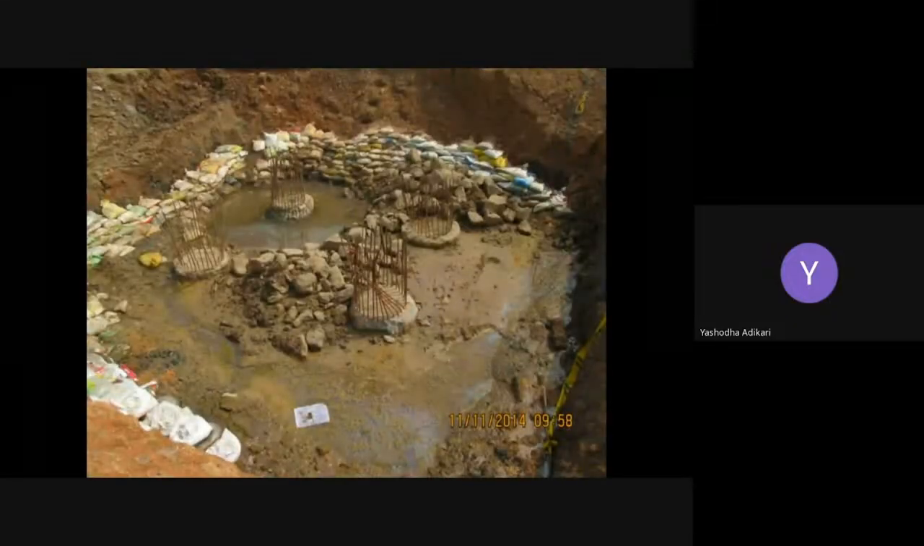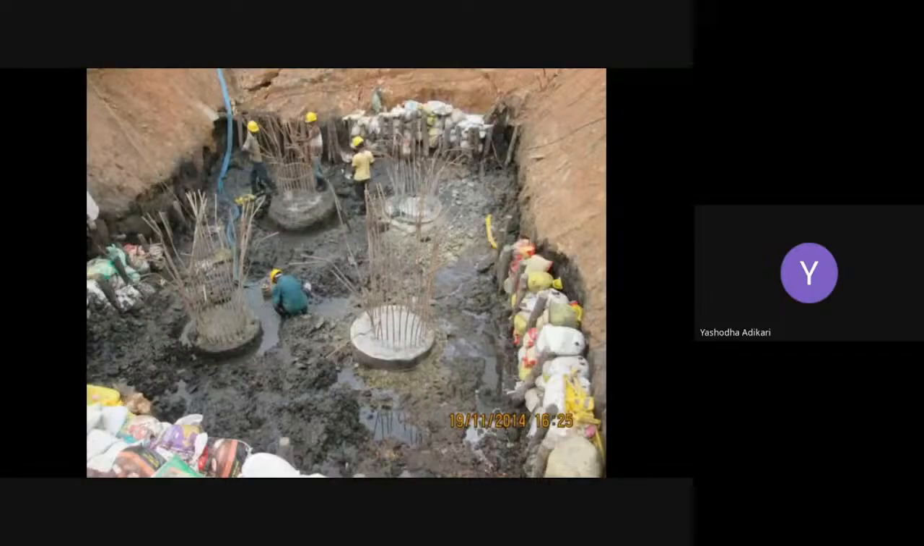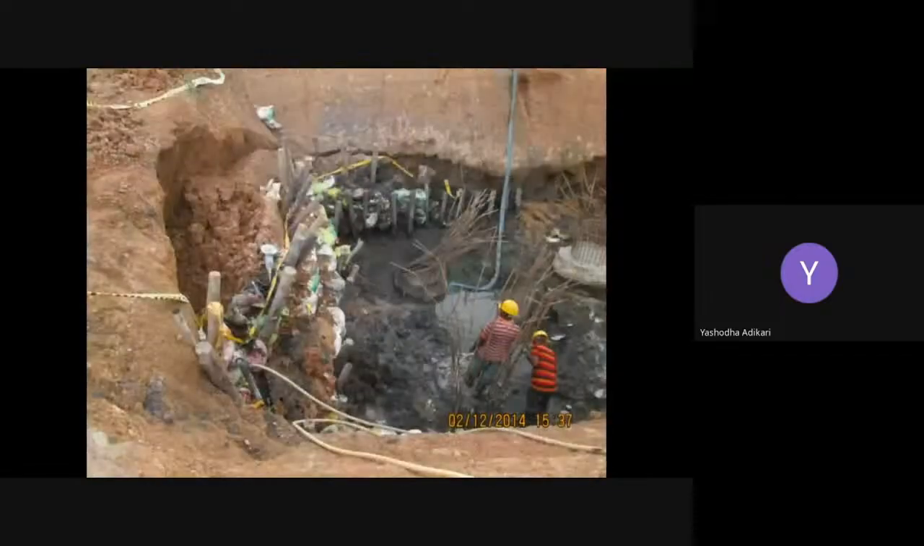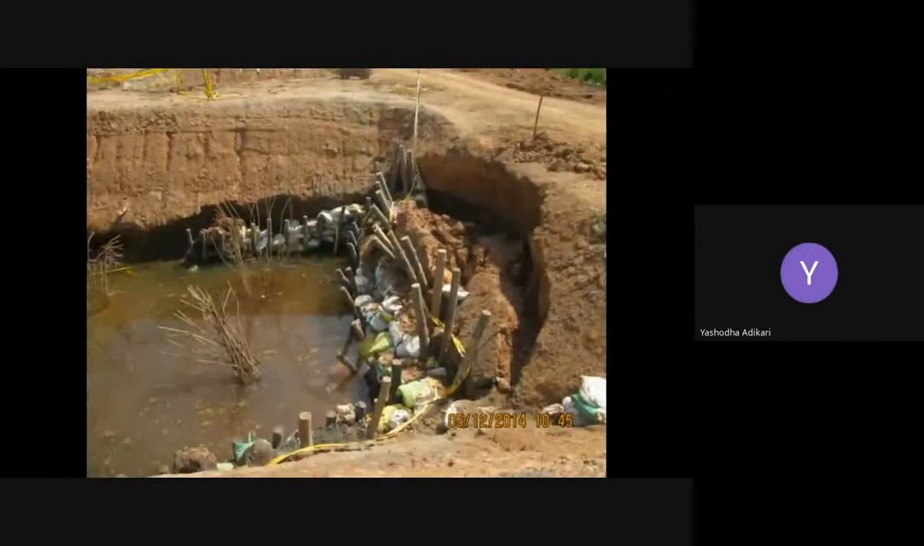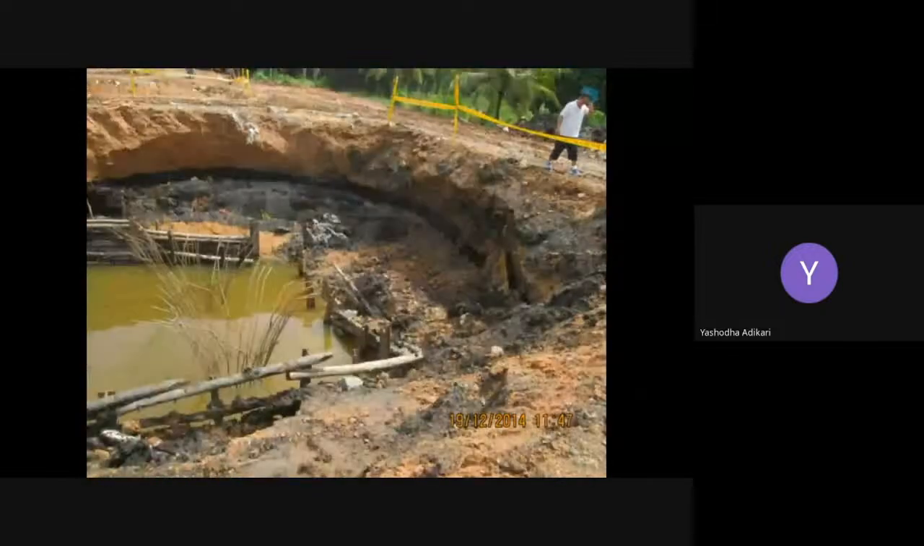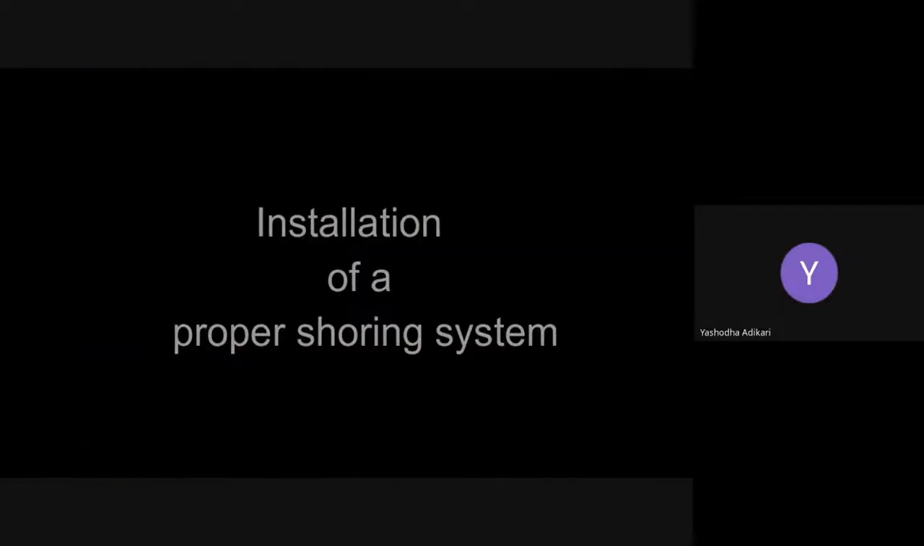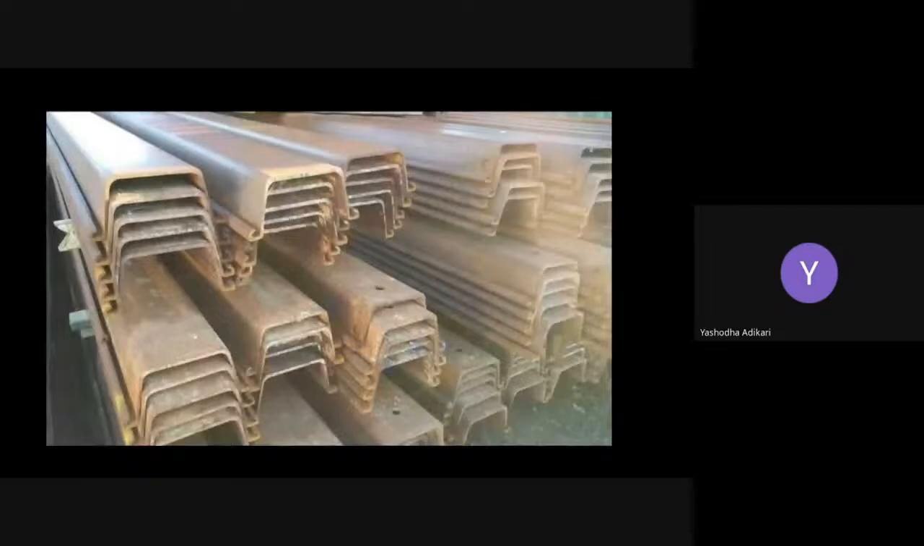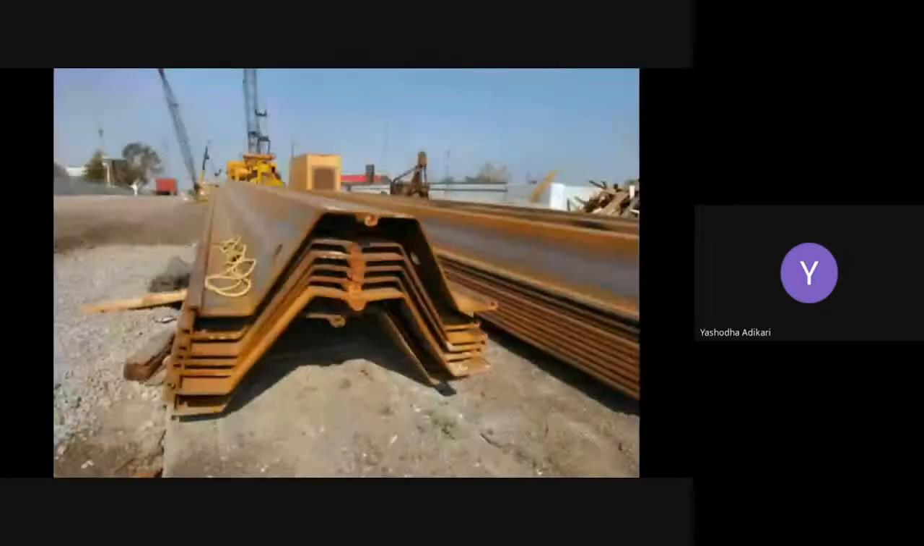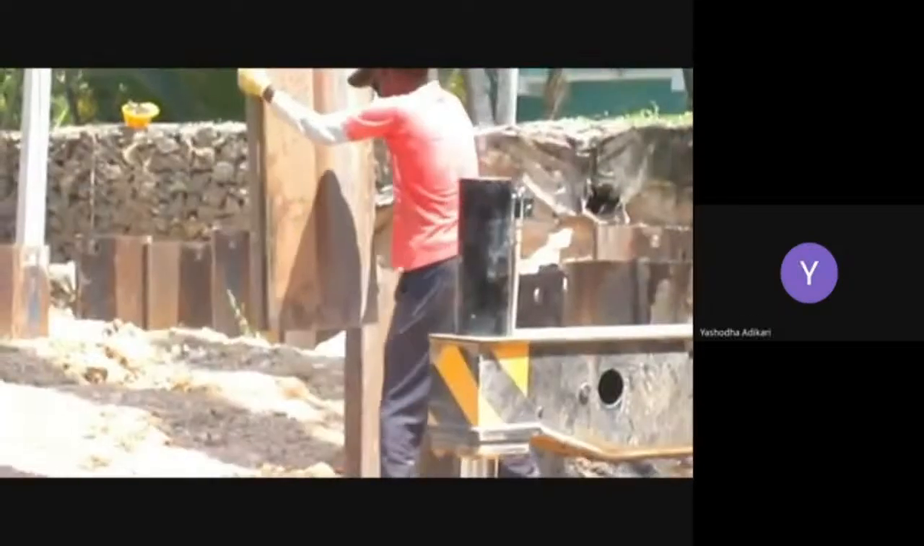Then the contractor resorted to retaining the slopes by sandbags and very non-conventional and primitive log piling. The result was again failure. This type of retention system can never be accepted for deep excavations. The contractor suffered losses in time and cost since work was halted due to unsafe working conditions. Finally, the contractor started to install a proper shoring system with sheet piling. Interlocking sheet piles were driven surrounding the